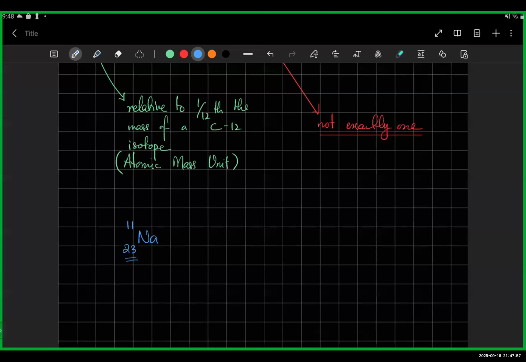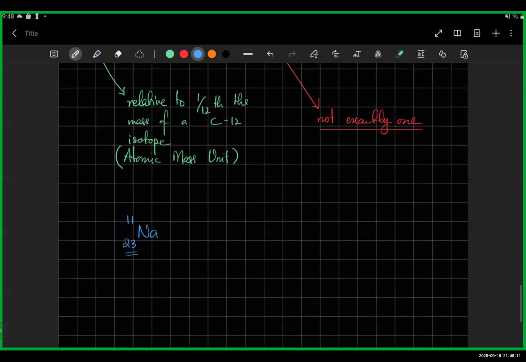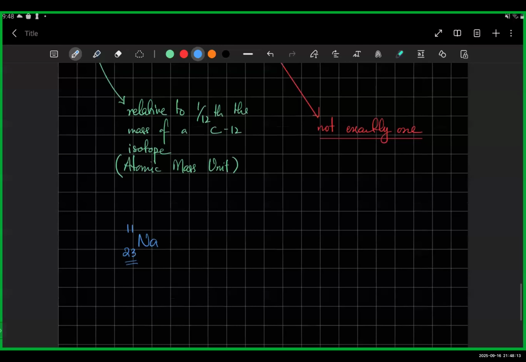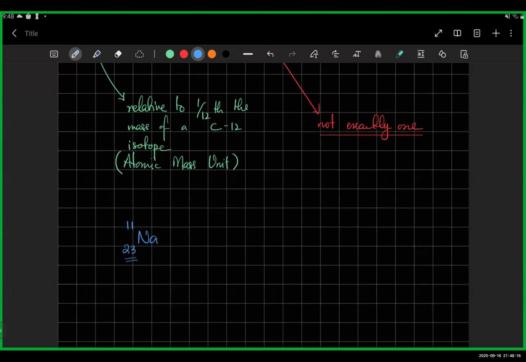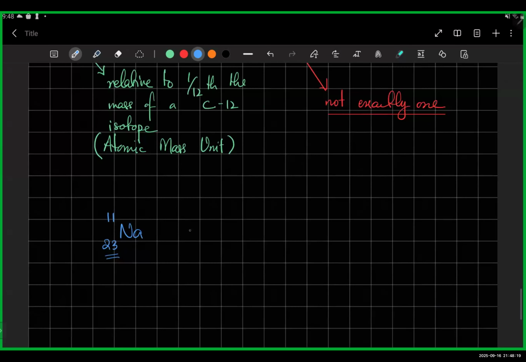If you just Google the relative mass of sodium, you'll get 23. If you write exact relative mass, then you're not going to get 23. What you'll actually get is something very close to 23, but not 23. So you'll have 11, and maybe this is 22.99. What I Googled, I'm getting 22.990. So another difference is